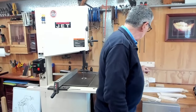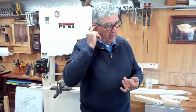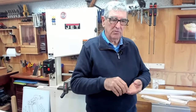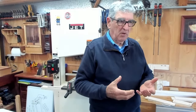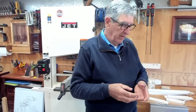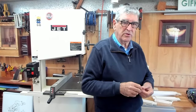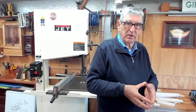Now, attaching the tabletop to the frame is done with buttons. Now, there are a number of different ways of doing it. You can buy figure 8 metal buttons where you drill a hole in the top of the rail and drive a screw through into the rail and then put a screw up into the top of the table. When we come to fit the table, I'll try and see if I can find some. I know they're around somewhere, and I'll give you a bit of an idea of how they work. But the way we're going to do it, we're going to use buttons, which is a traditional method of how they were actually assembled in